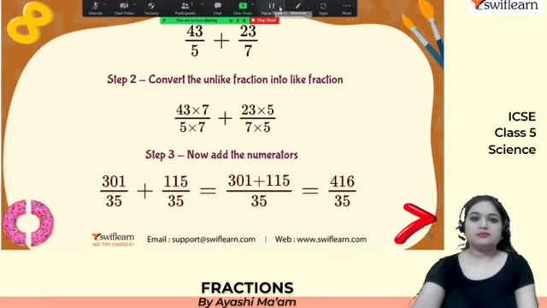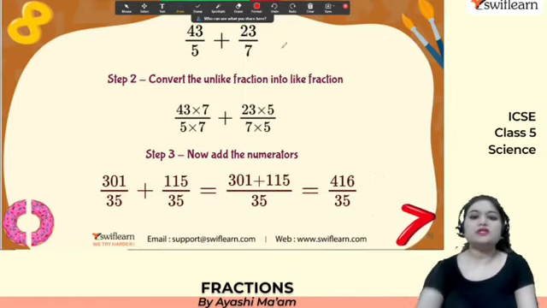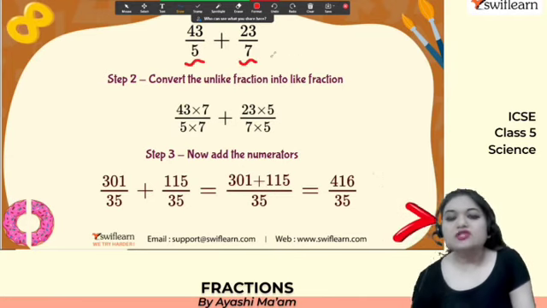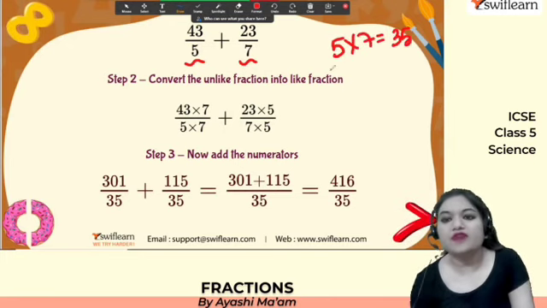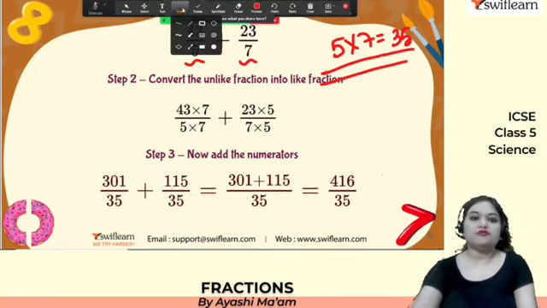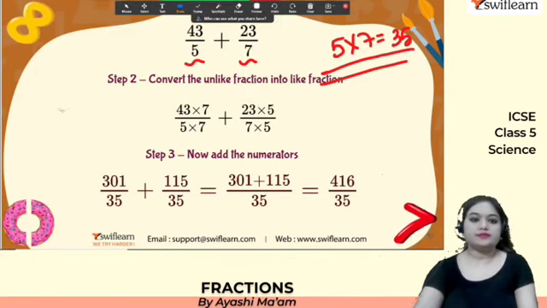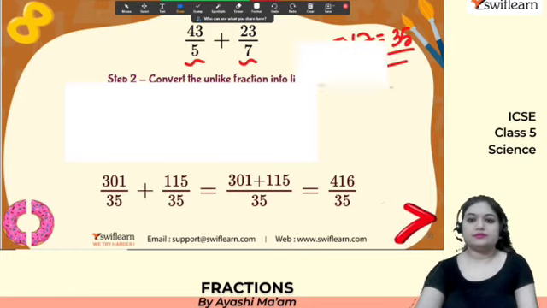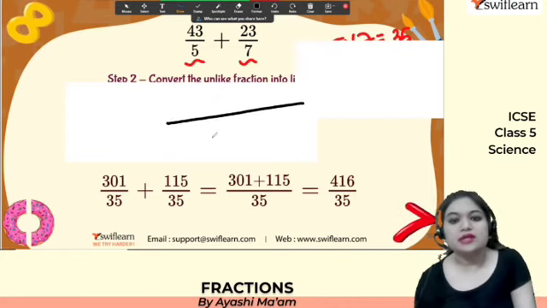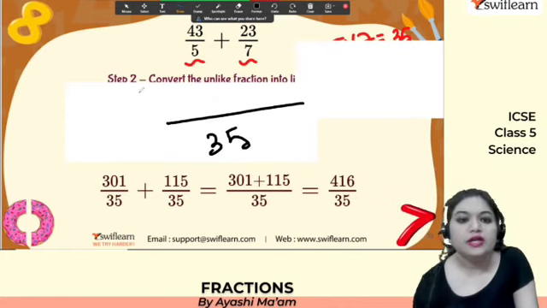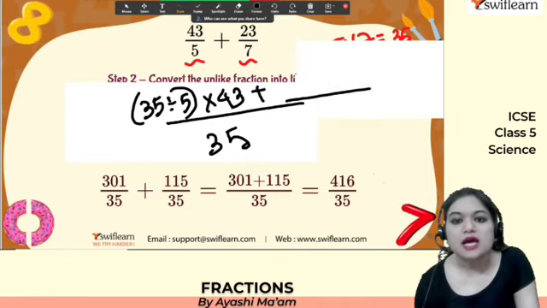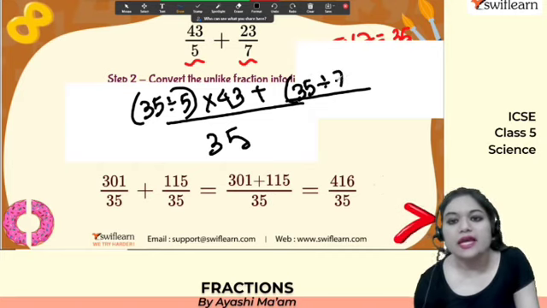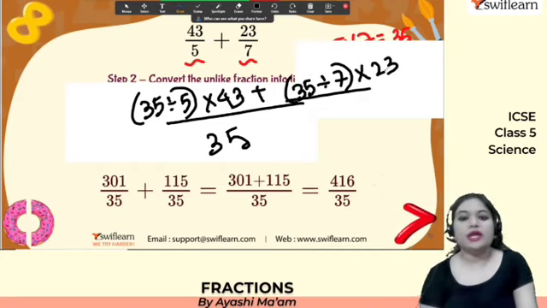Next. So now we have two unlike fractions, with denominators 5 and 7. So take out the LCM of 5 and 7. You will get 5 into 7, that is nothing but 35, right? The LCM will come as 35. Now let's solve it. Yes, LCM is 35, so you can simply write 35 over here. So 35 divided by the first denominator multiplied by the numerator plus 35, that is the LCM, divided by the second denominator multiplied by the numerator, right? That's what you will get.